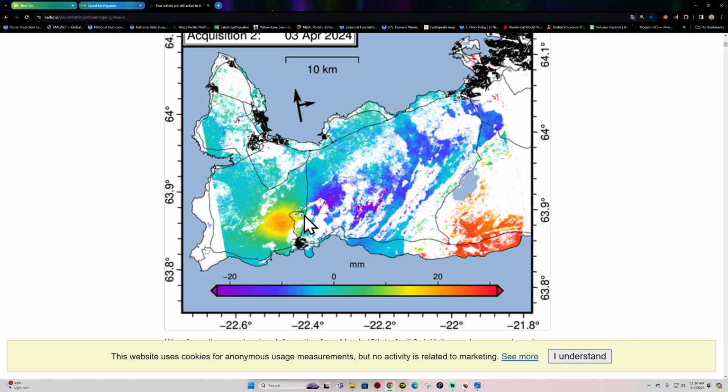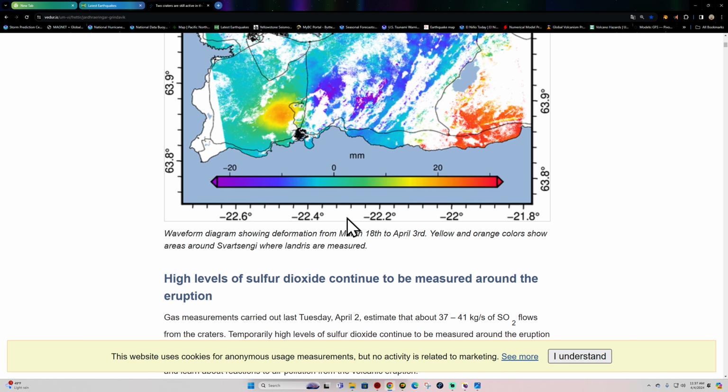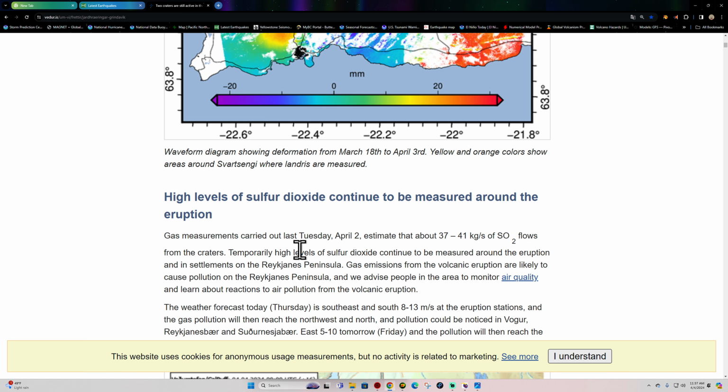So looks like things may be getting ready to halt, at least as far as the surface activity goes, and continue to build the area below, and then maybe for the next eruption here in a few weeks or so. We'll have to watch it. This one's definitely a lot different, as far as the duration and the consistency of all this magma just flowing to the surface.